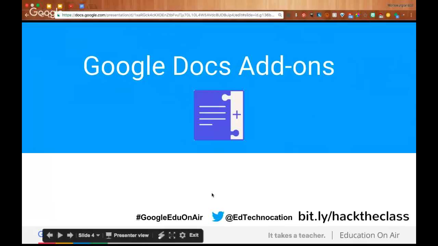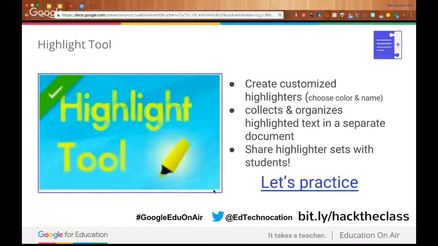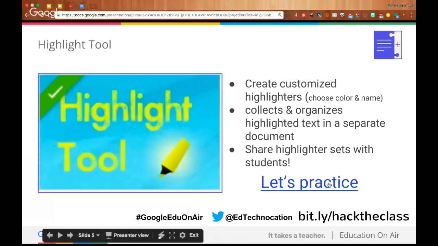Okay. So my most favorite Google Docs add-on is one called the Highlight Tool. And I really love this add-on. It's super powerful, really great for students. And if you want to practice using that add-on, there's a link here. It says Let's Practice. So if you're in the presentation, you can click on this link, and it'll take you